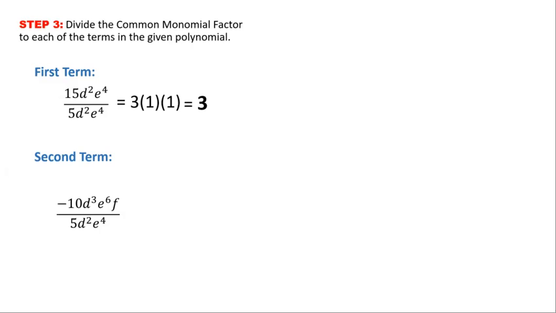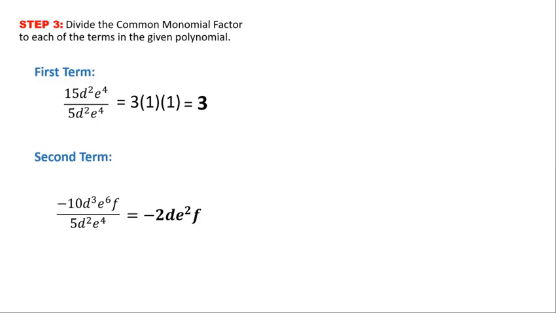Negative 10 divided by 5 is equal to negative 2. D cubed divided by d squared. So to get the quotient, just subtract the exponent of the divisor from our dividend. So d cubed divided by d squared becomes d to the power of 3 minus 2, or d to the power of 1, which is equal